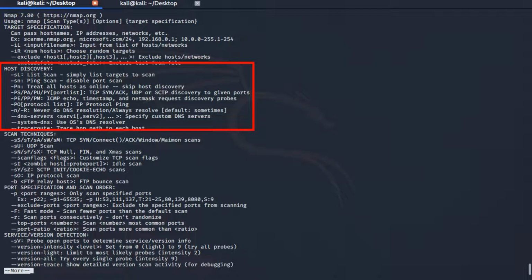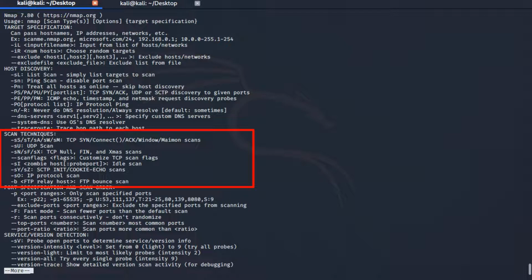The former allows you to send ping probes to the target list to check for its current state, whether it's up or down, and the latter basically treats every host as alive and doesn't ping them for their state. Under scanning techniques, the most common and popular ones would be -sS and -sT, basically SYN scan and connect scan. These are quite accurate and provide the correct state of the port in most cases.